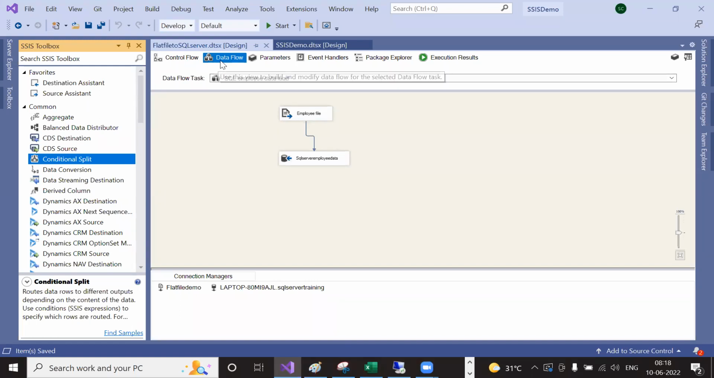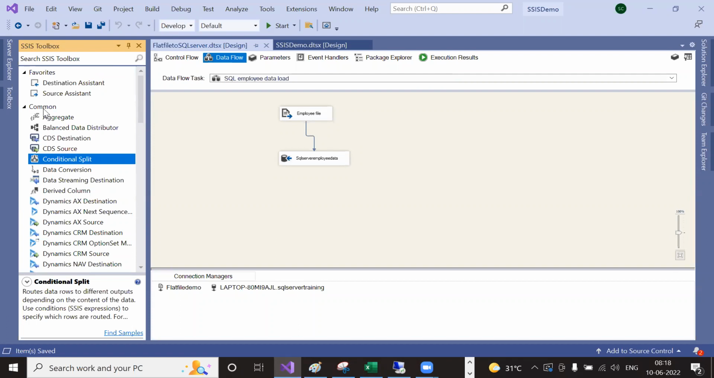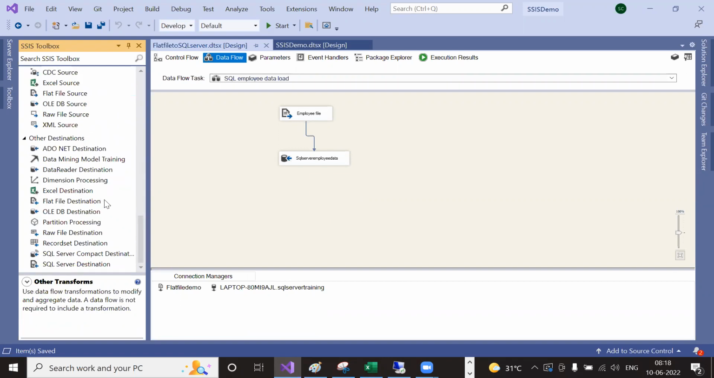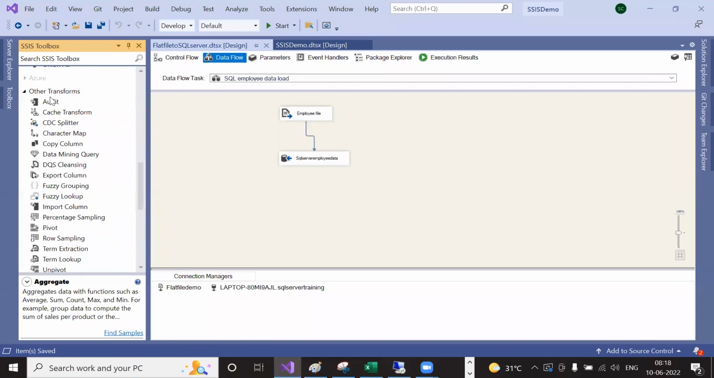I repeat, which tab am I in right now? Data flow. Those are called data flow transformations. Where can you see all these transformations? Look at this. Can you see the common one here? Guys, the SSIS tool has given us an opportunity to have these transformations categorized into common and other transforms. By doing this, anybody can easily navigate, okay, these are the commonly used transformations, and these are the other transformations